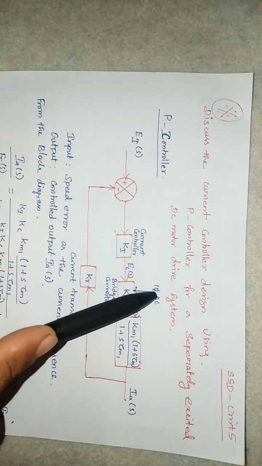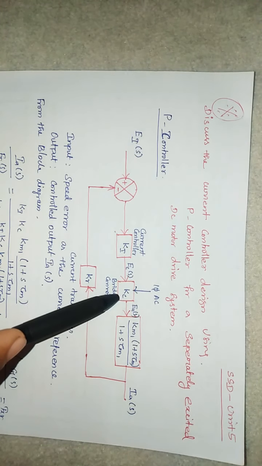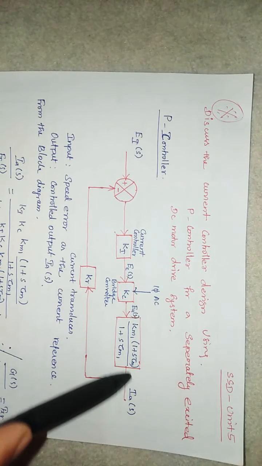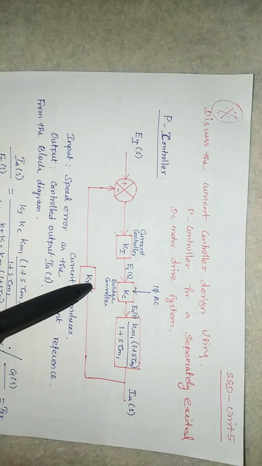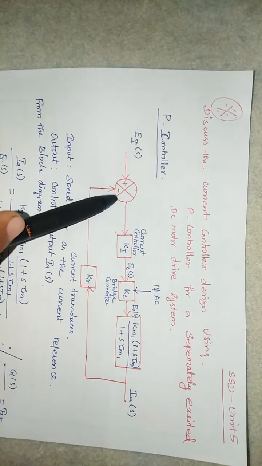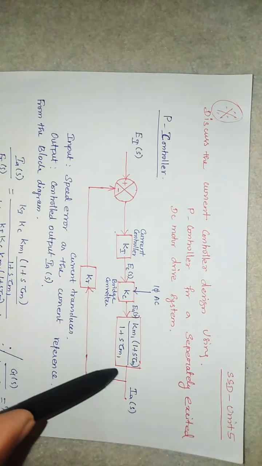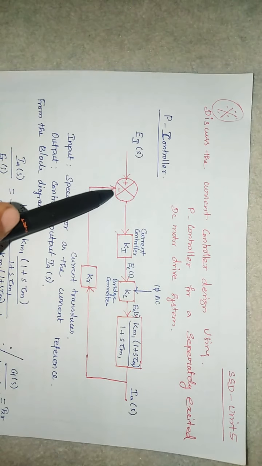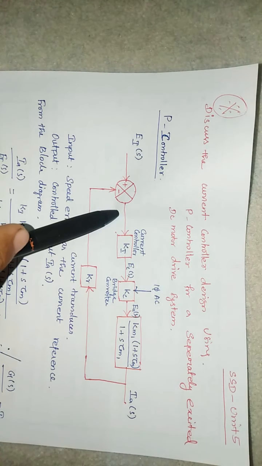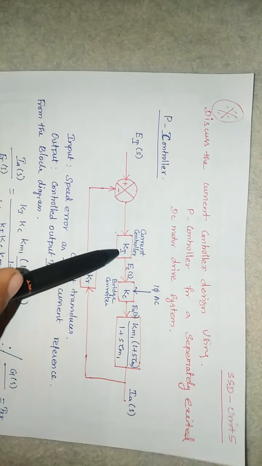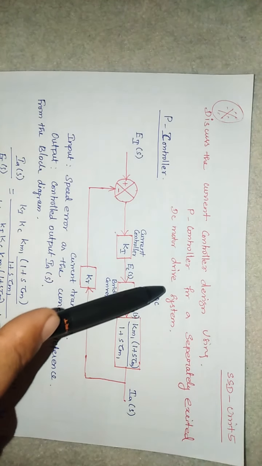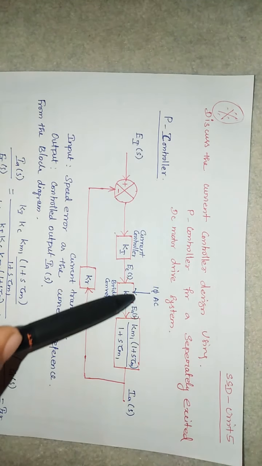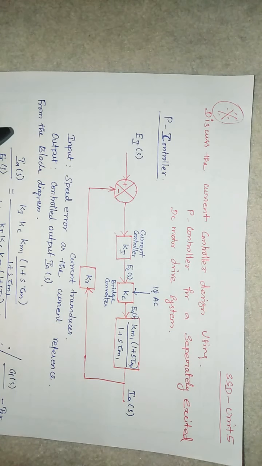So the input AC supply is given to the converter, which supplies the motor, and the motor responds with some current. The motor's current value is taken as a reference, and that reference value is compared with the actual value. Based on this comparison, if any error is produced, it is given to the current controller, and the current controller controls the bridge rectifier. Our ultimate aim is to control this supply, and for that we are going for this reference.